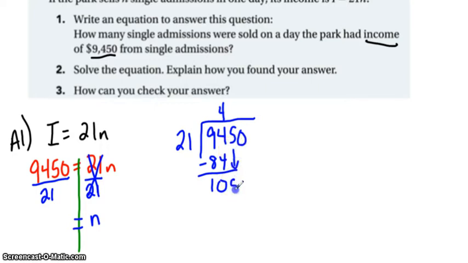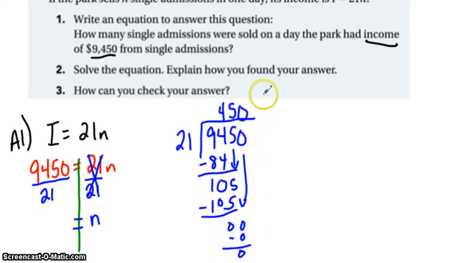We bring down the 5. So now I'm looking for how many times 21 goes into 105. 4 was 84, so let's try 5 right here. 5 times 21. 5 times 1 is 5. 5 times 2 is 10. Works out, it's 105. We get zeros. We bring down the other 0, and now we need to add a 0 up here to get our quotient rounded out. Okay, so the answer over here is 450 equals n,